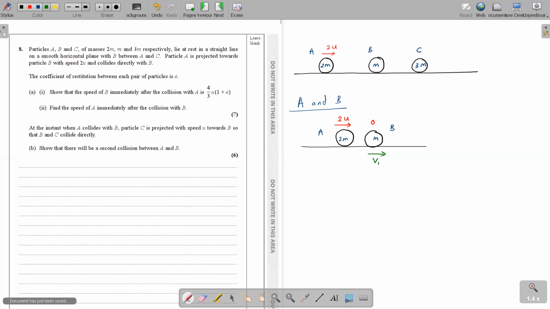For the moment, I'll assume A is moving forward. If there is anything wrong in what I'm doing, I'll get a negative figure. It depends on the E value. I'll assume that after A collides with B, B will obviously move forward. This V1, I'm definitely sure about the direction. V2 has some uncertainty, because it might go forward with a lower speed or it might completely turn back. There are only two rules to apply here: the law of restitution and the law of conservation of momentum. So by the law of conservation of momentum,